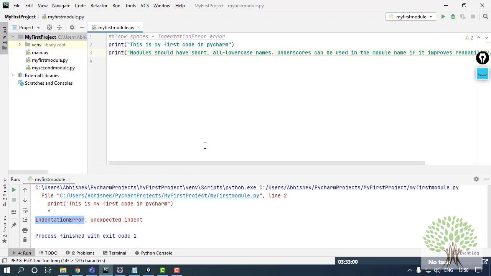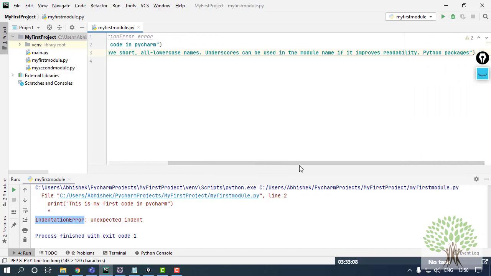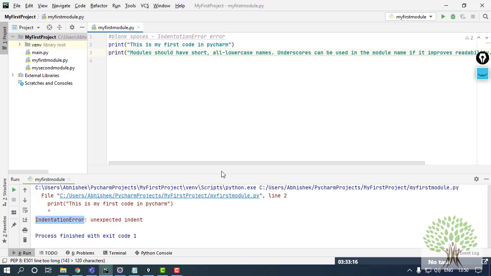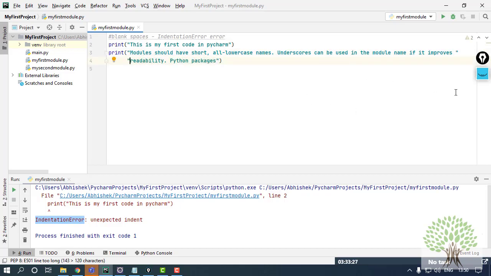Fine. So over here you can see that the statement that I want to print is quite long. I have to scroll my workspace to see whether the quotes have been closed, whether there is an ending bracket or not. That I don't want. I just want all the code I have written to be displayed on the workspace itself without the need of scrolling. So I can split it into parts. I can split it into these parts. Okay. Now what Python will automatically do depends on the version.